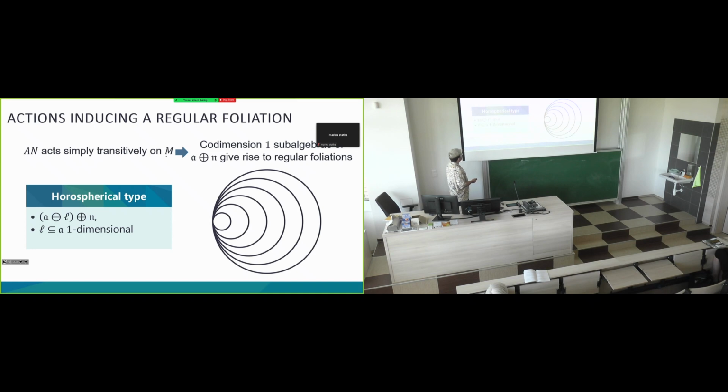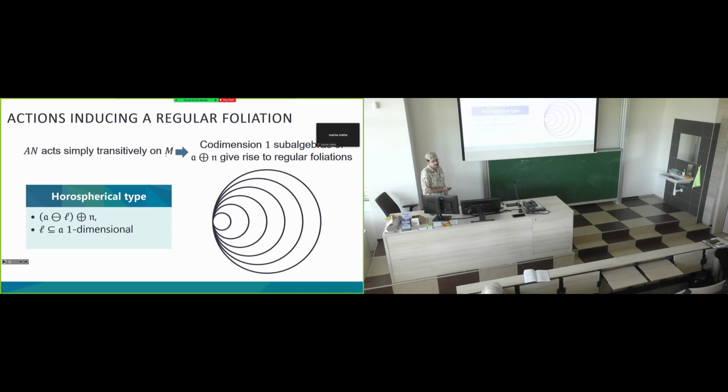So, for example, if we take out a line of the abelian part, taking the orthogonal complement, it turns out by the properties of root spaces, A is in g_0, so bracketing with things in A stays in the same root space. So this is a subalgebra, and thus it produces a foliation,